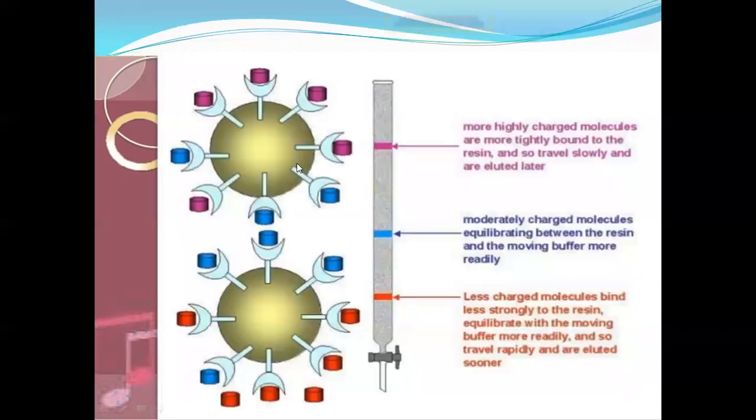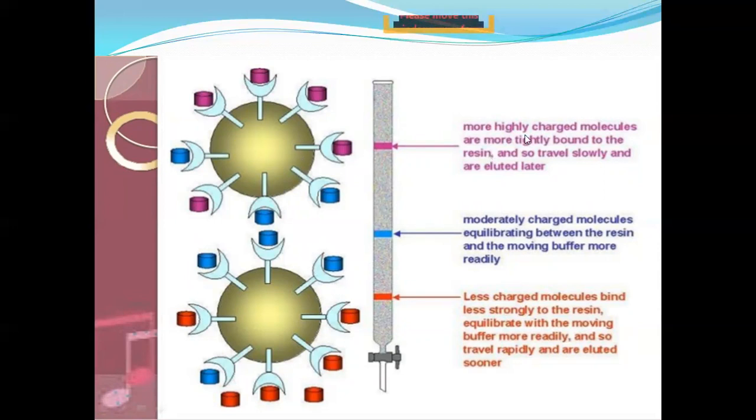Next, during this elution, what happens? The more highly charged molecules are more tightly bonded to the resin. See, in this elution process, these bindings mean exchange, or you can say binding. The exchange is influenced by the charge of the ions, the size of the ions, pH, acidic medium, basic medium, and so on, or the nature of the buffer and its pH. So all these are collectively known as influencing factors on the ion exchange process.